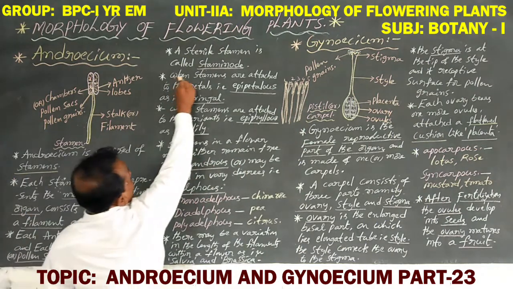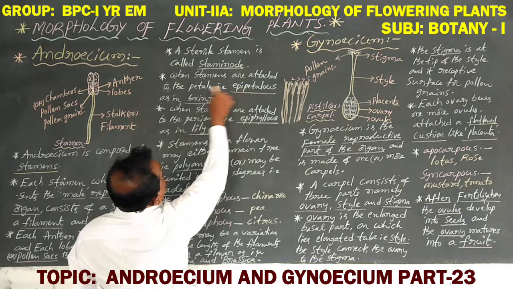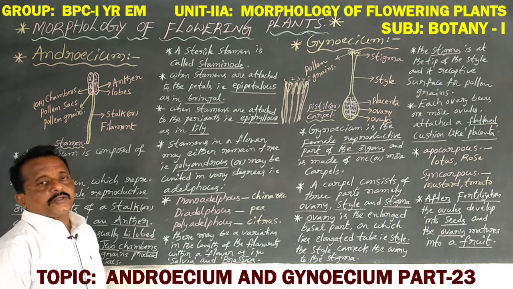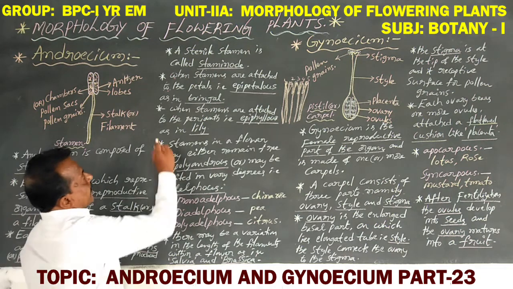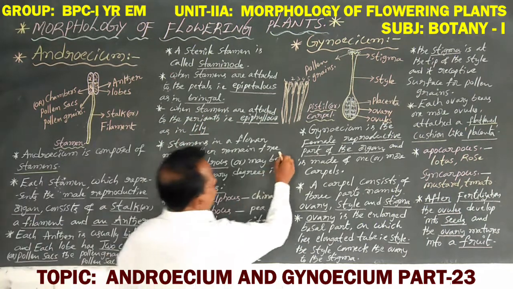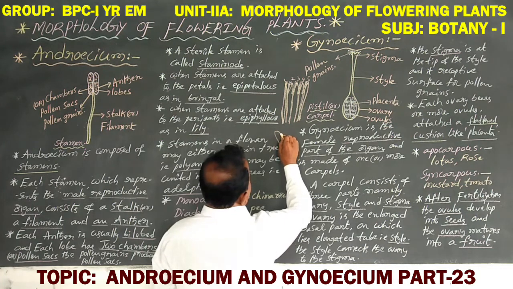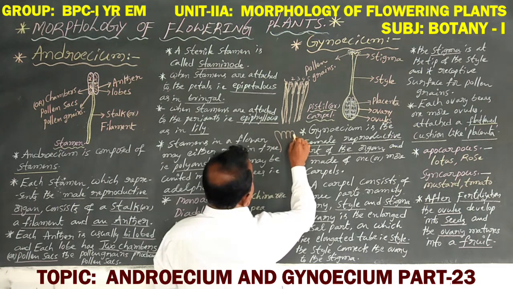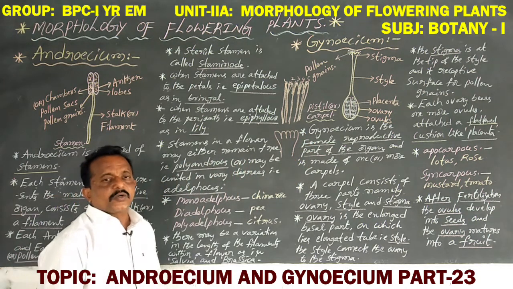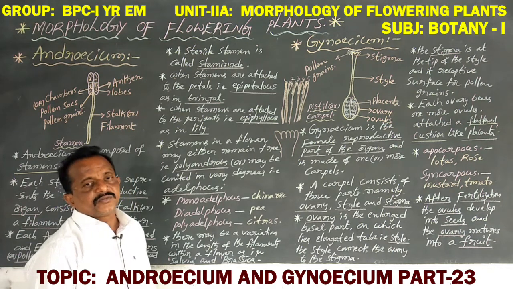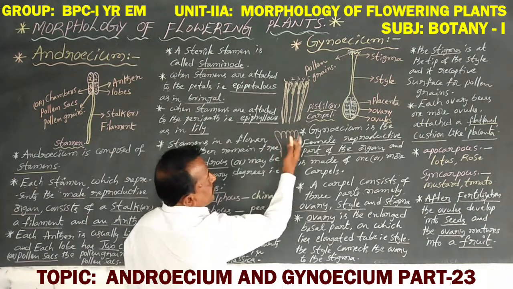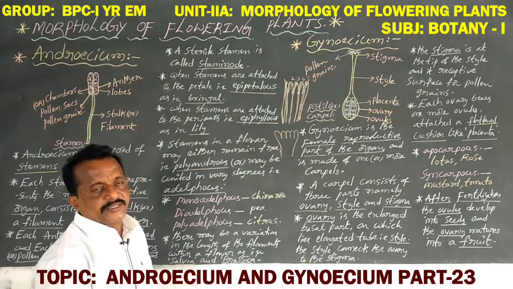When stamens are attached to the petals, that is epipetalous, as in brinjal or thorn apple. Next, coming to when stamens are attached to the perianth. Perianth means that when the calyx and corolla are not distinct, they are modified into one new organ called the perianth. This is a perianth. There is no separation of sepals and no separation of petals.